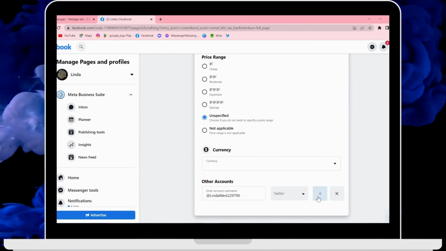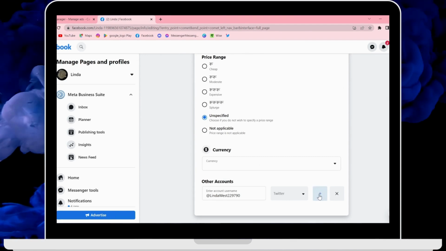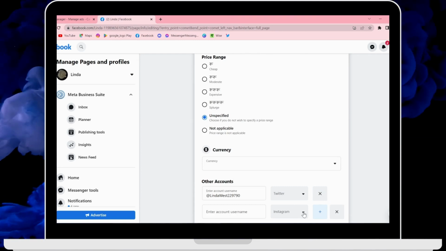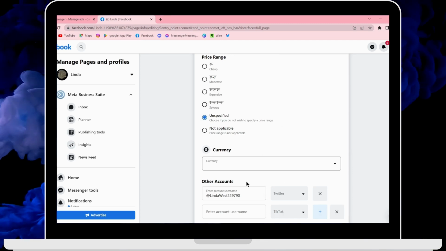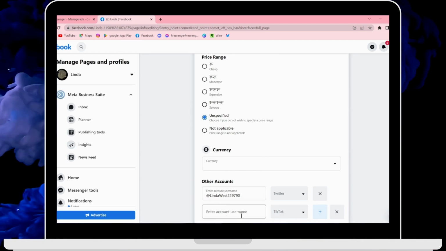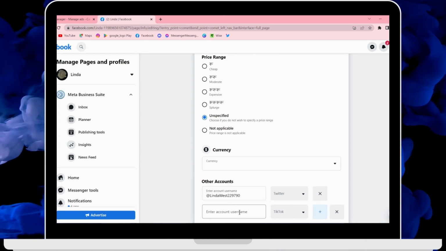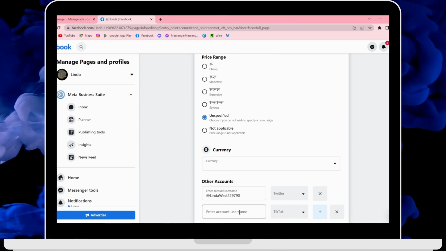So you can click on the plus icon and you can select the drop down bar, and then you can choose TikTok. And now here you have to enter your account username, so enter your TikTok username. So that's it guys, that's how you add or link your TikTok to a